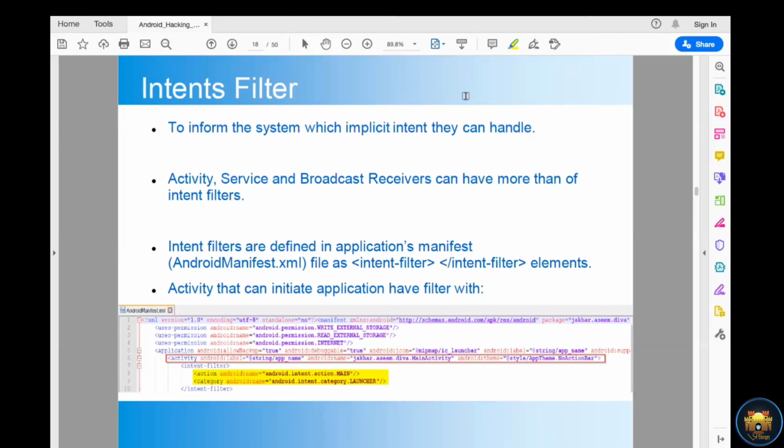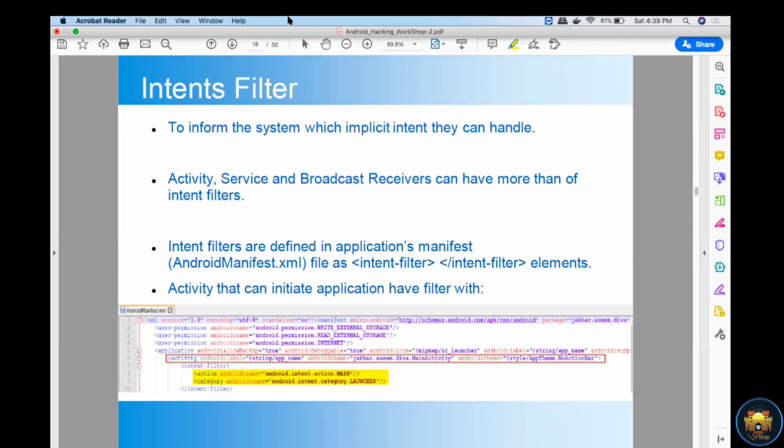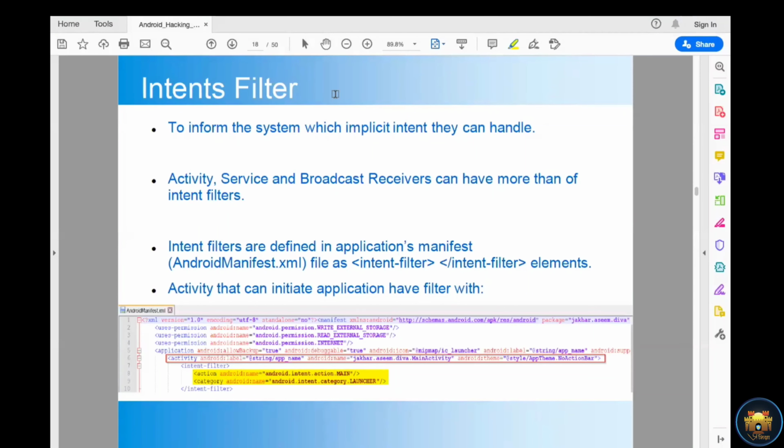You can see on the snapshot below, there is one intent filter defined.